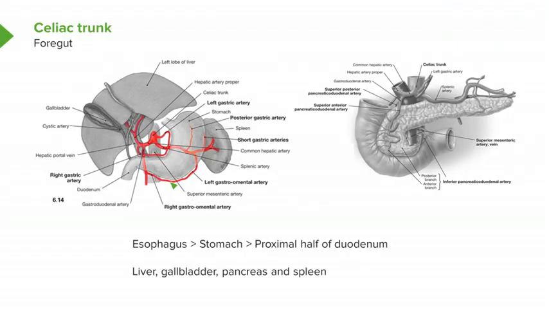We can return to the vasculature of the liver and the coeliac trunk giving rise to the hepatic artery, then the hepatic artery proper will ultimately run up and supply the left and right hepatic arteries to the left and right functional lobes. We also have the cystic artery, which comes typically from the right, and that runs to the gallbladder. If we then look on the other side of the screen, we can see the actual detail, which